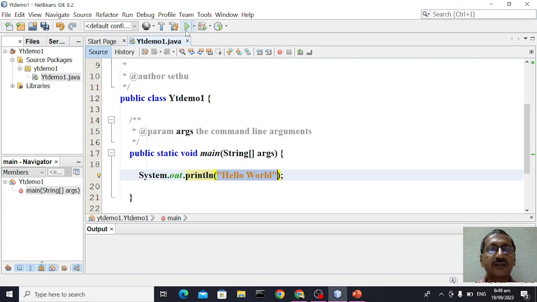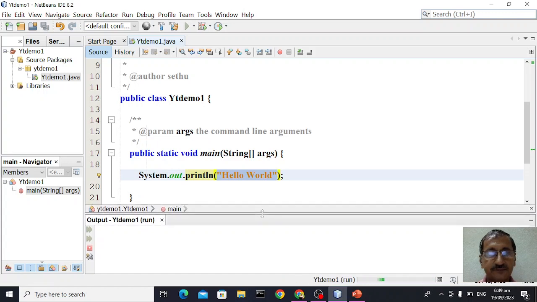So how do I run my program? I go here and click on this. It starts running, and you can see the output at the bottom. Got the output Hello World. Actually, it's a method call. It's not an output statement. Normally people say an output statement. Of course it's a statement, but technically, it's a method call.